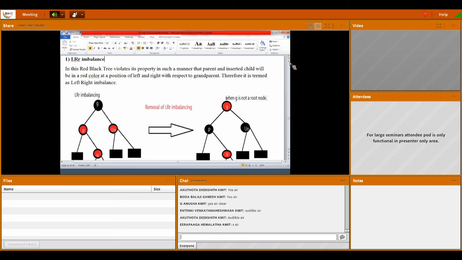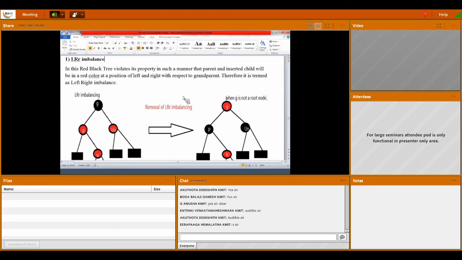So how to fix this one? Now we have to see what to do. I already told you I am taking only a part, so there is no need for a complete tree. Once you satisfy the property for one subtree, with its root, for example, in the subtree the grandparent need not be black.